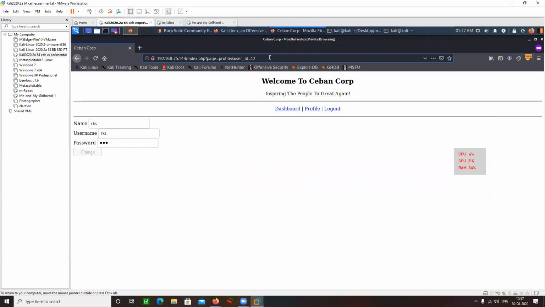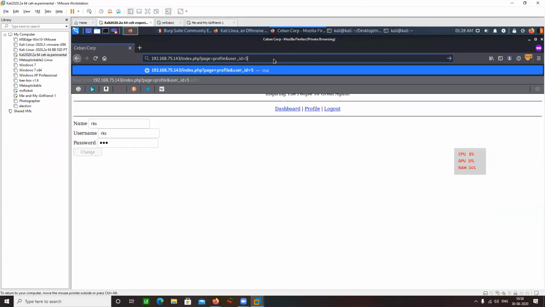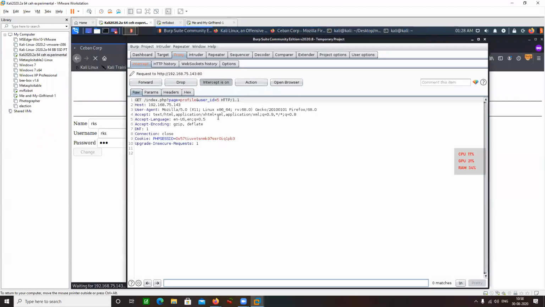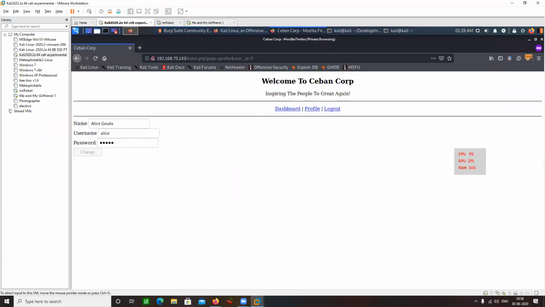Now in my profile I'm currently logged in with user ID 12 as RKS user. So in my profile I am provided with my name, my username and my password. Okay, let's try to change this thing. Let's try to change it to 5. Press enter and forward the request, and here you can see